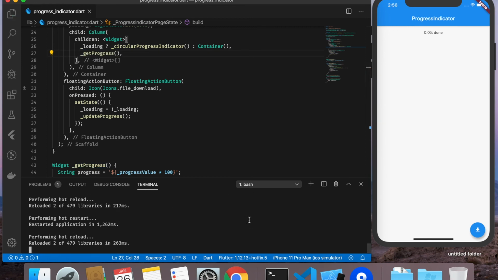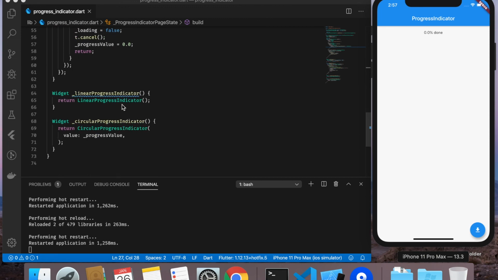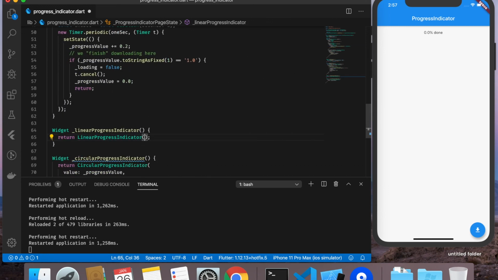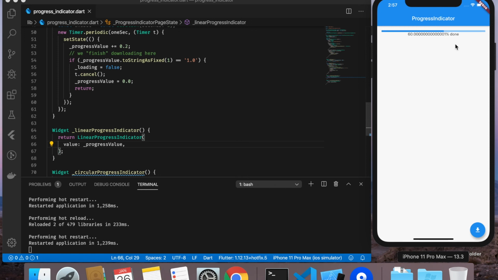So let's run this again and let's see. Okay, now it works kind of okay-ish, but you get the idea. Every time you click, every second, 20% of the progress is added to the previous progress. And when we reach 100%, we stop. Basically, we can do the same for linear progress indicator. We just have to pass here the value, which is the progress value, and reload the application. So as you can see, the progress is updated and